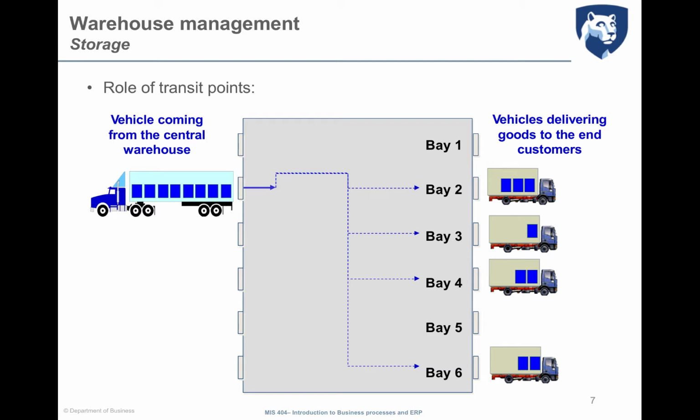We have a vehicle here on the left coming from the central warehouse with all the product that are produced by all the plant. So all the plant produce products and send them to the central warehouse. From the central warehouse, we have a vehicle which is transporting all the product coming from the plant and stored in the central warehouse, which is warehouse with stock. They are transported until